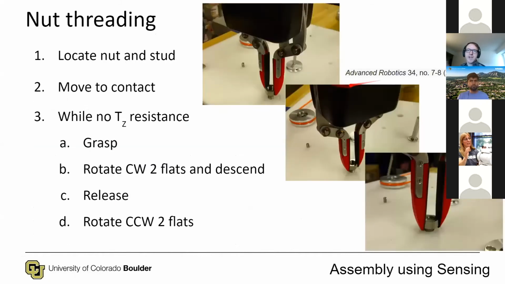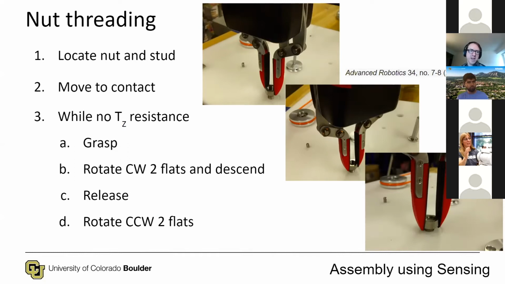We also tested the suitability of the gripper for making threaded connections because these are common to all manufactured products. Our algorithm is for attaching a nut to the stud and proceeds in the following steps. We find the position of the nut and the stud. We spiral the nut onto the stud, and then we perform a tightening loop